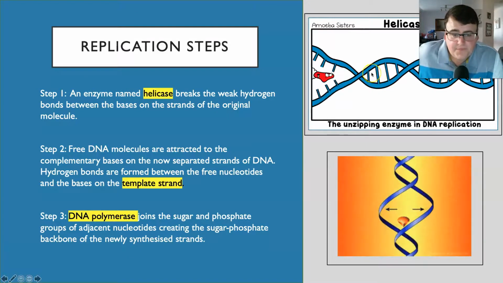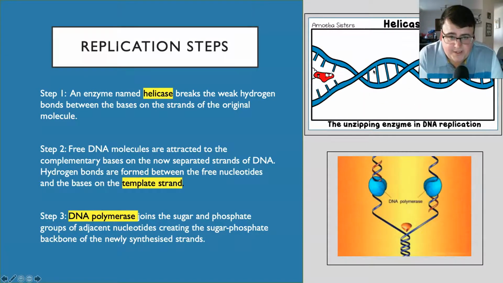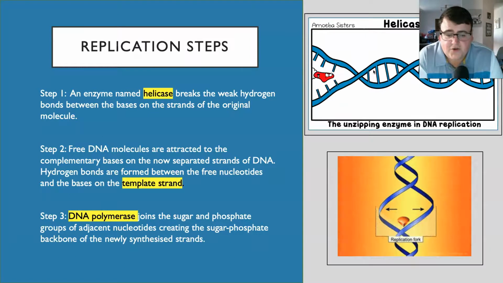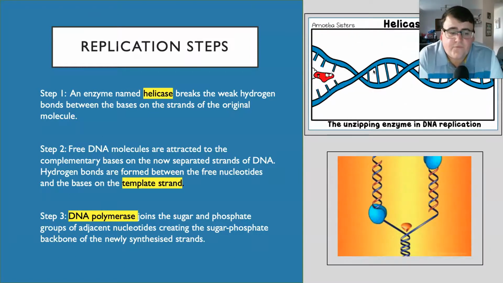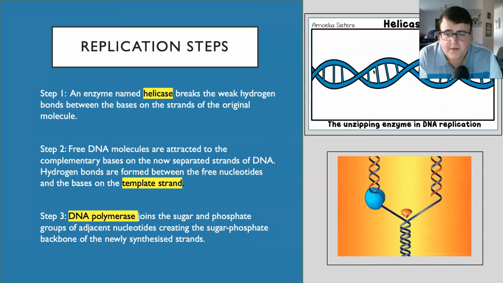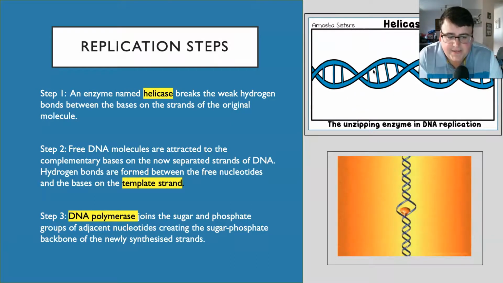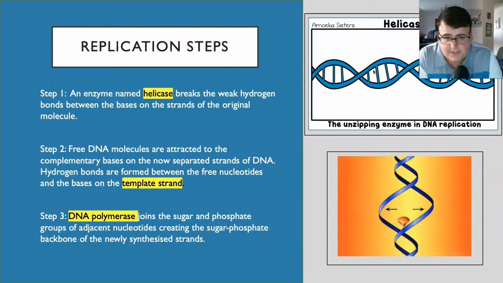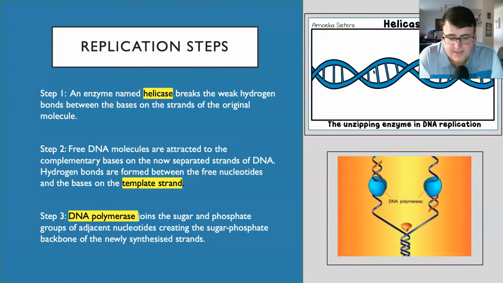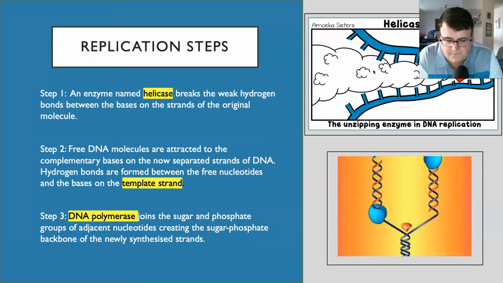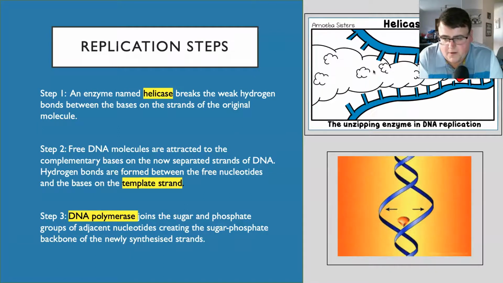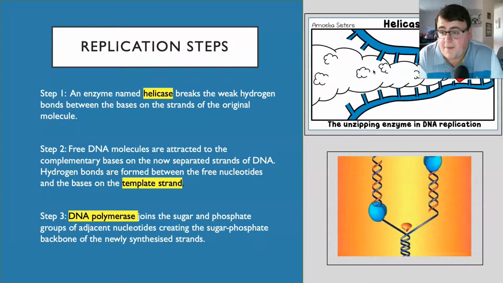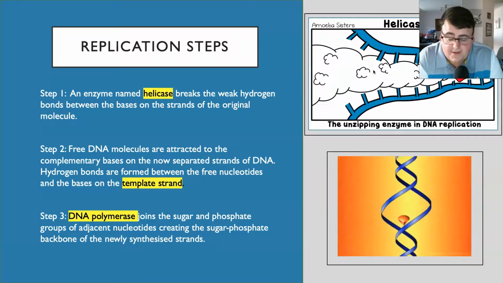Once those strands are separated, we get to step 2, where free DNA nucleotides that are floating around in the nucleus are attracted to those complementary bases and will form hydrogen bonds between the free bases and the template strand. The final step is another enzyme, DNA polymerase. Now, again, ase, it's an enzyme. This time, the first part is DNA polymer, which probably tells us it's going to create a polymer. So in this case, it's joining all of the bases together, and then forming that sugar